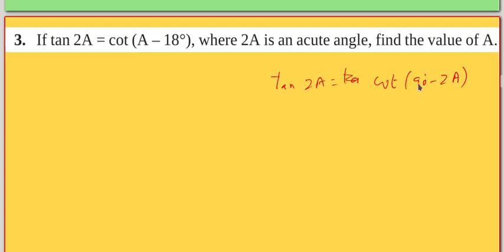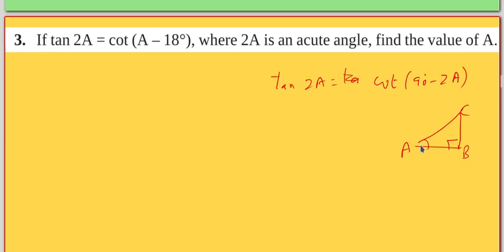So cot of 90 minus 2A. If we know the angle, we subtract and write. If we don't know the angle, we write 90 minus that angle. Consider a right triangle with angle A, angle C, and B the right angle. If angle A is 18 degrees, we say the complementary angle is C. But if we don't know, how do we write? The opposite functions are equal.